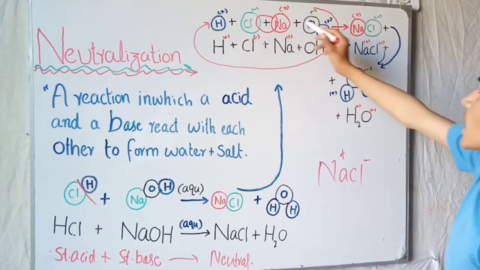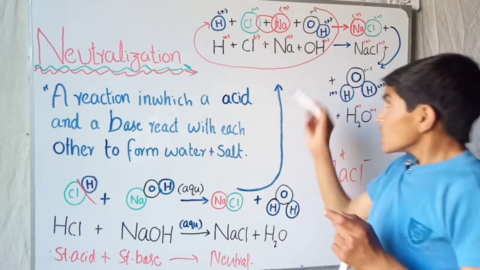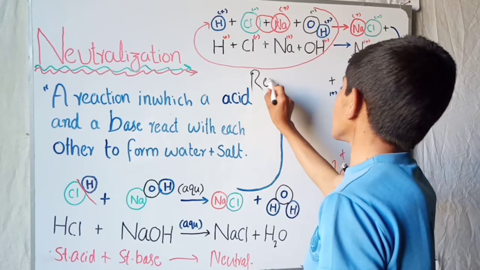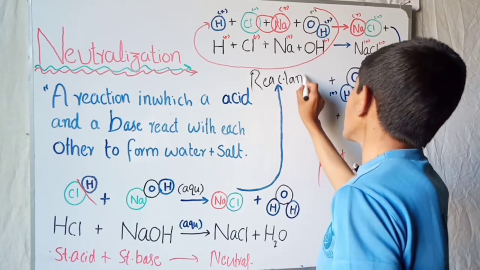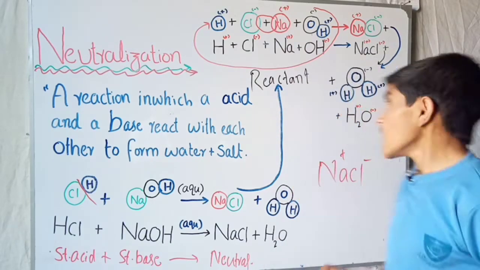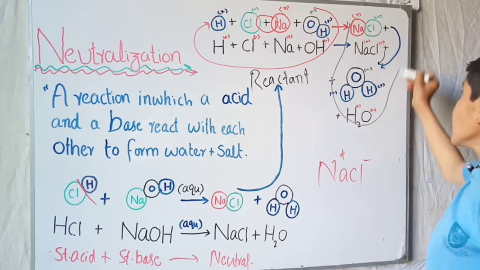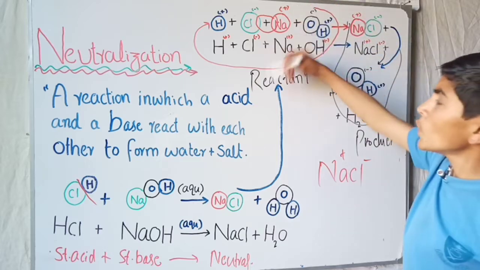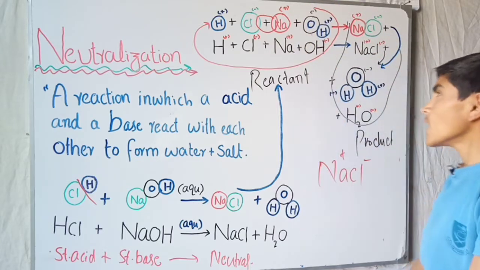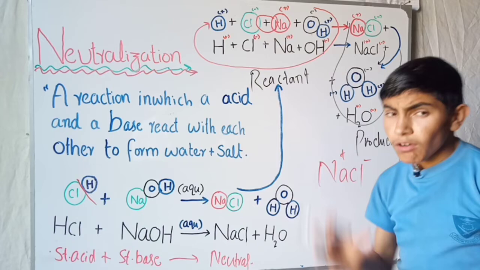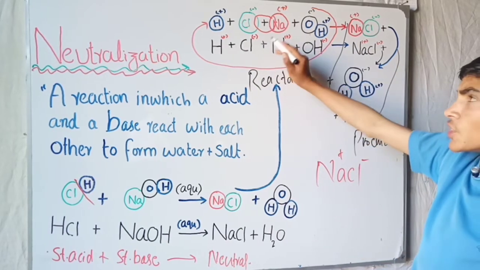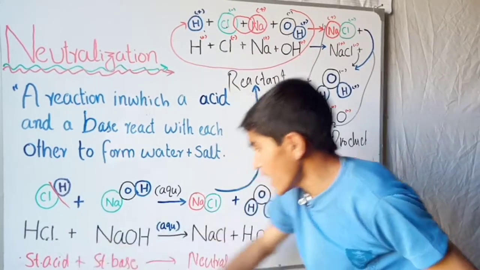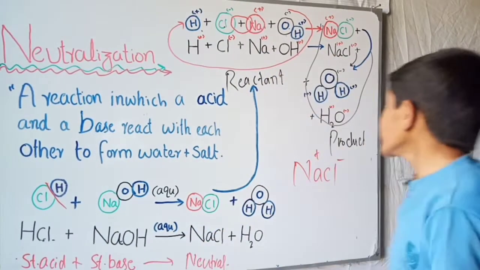And the NaCl, because in the reactant form, these whole are called, I write it here, these are called the reactant, the substance which undergoes the process of reaction, and these are called the product. This whole reaction is called a neutralization reaction, and in every reaction there are two substances. One is the reactant, and the reactants are HCl and NaOH, okay,